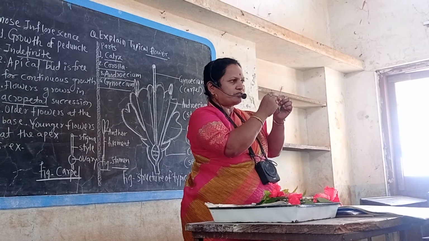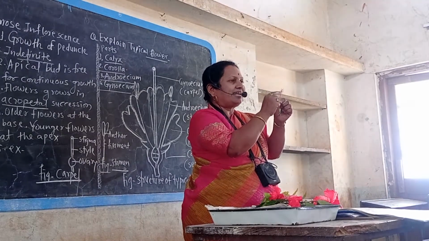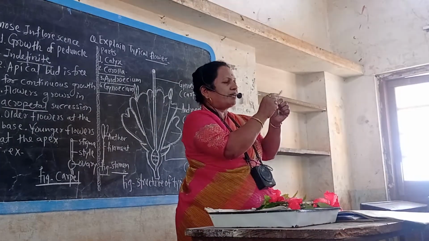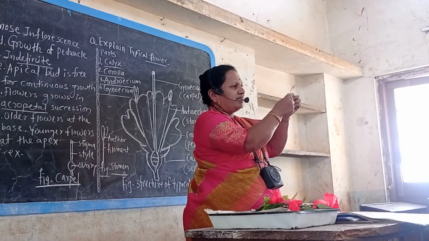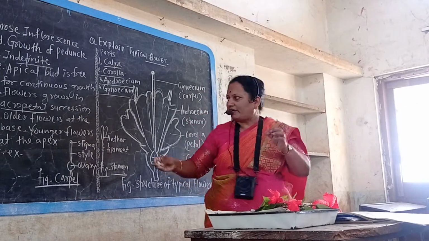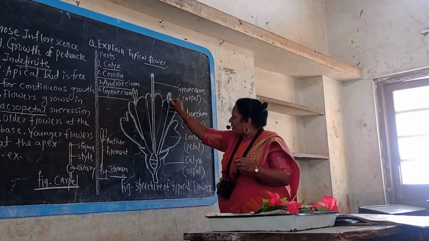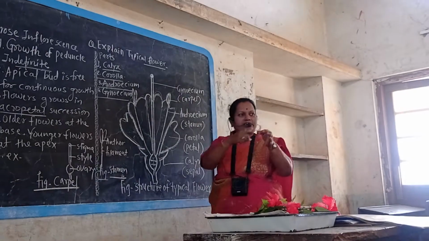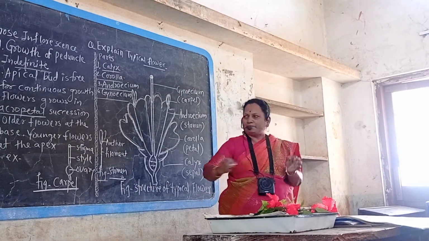That is the male reproductive structure, and the male gamete is produced inside the pollen grain, and that pollen grain is produced in the anther, and the anthers are supported by the small filaments, and filaments coming together form a single monoadelphous tube in the hibiscus. In another flower, what happens? These stamens consist of anther and filament. A single individual filament is there. In hibiscus, many filaments come together forming a monoadelphous tube.